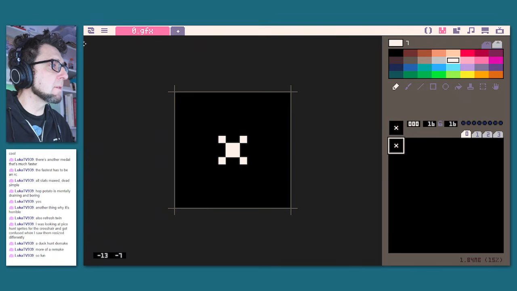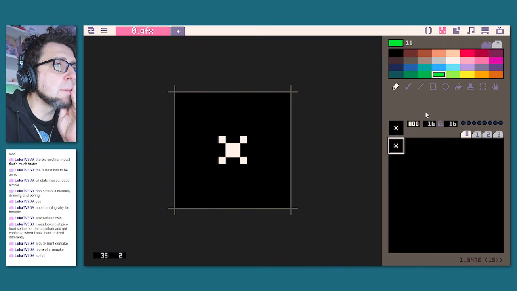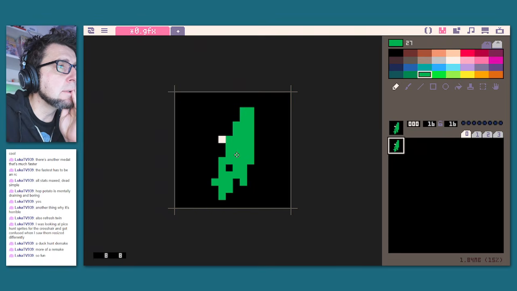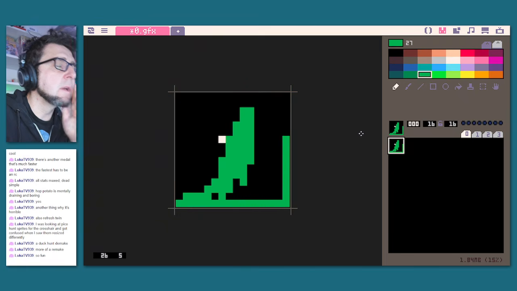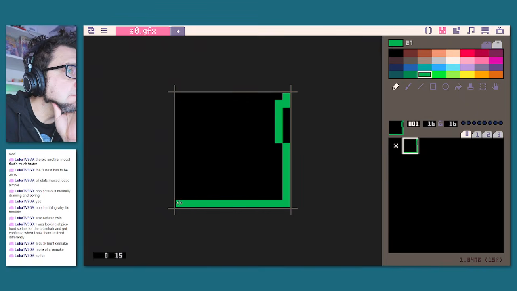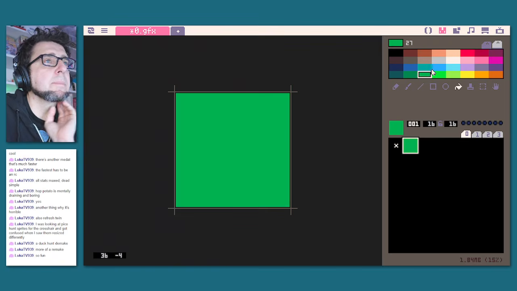So the base tile is horrible. We need to talk about it. This is the wrong green, by the way. Oh yeah, right, we can't use the first sprite. So the base sprite, can you